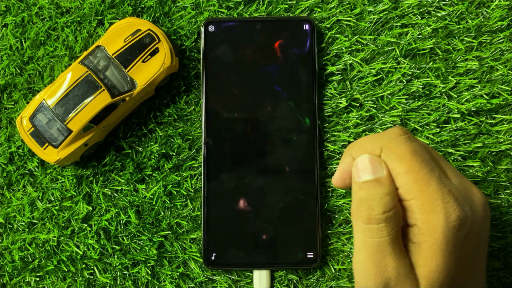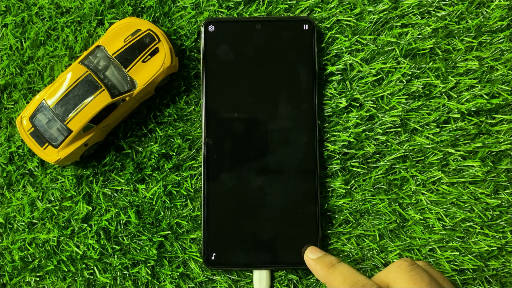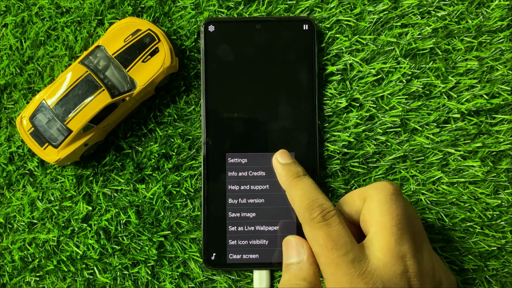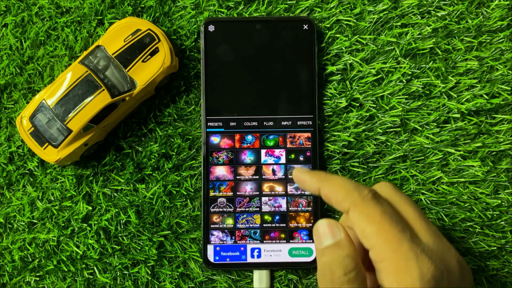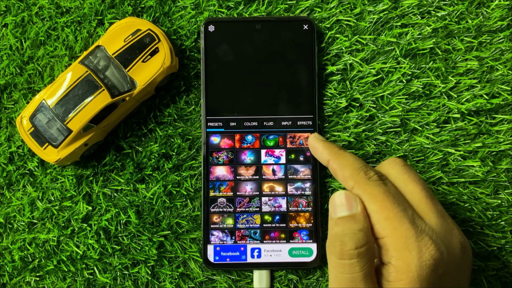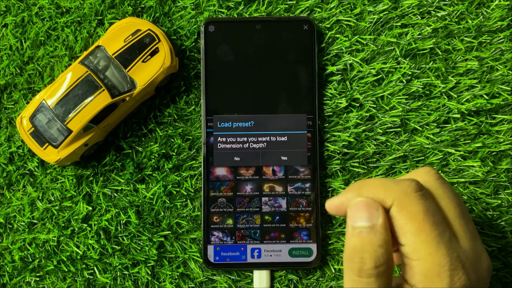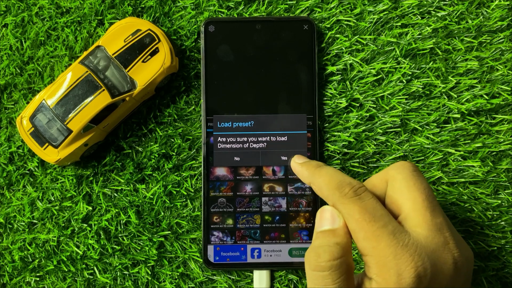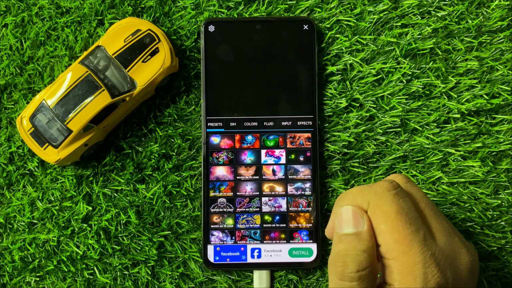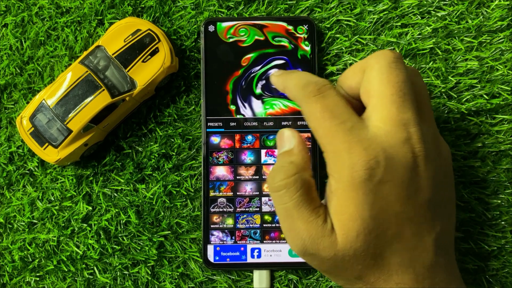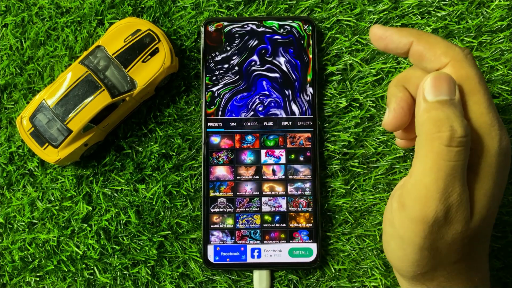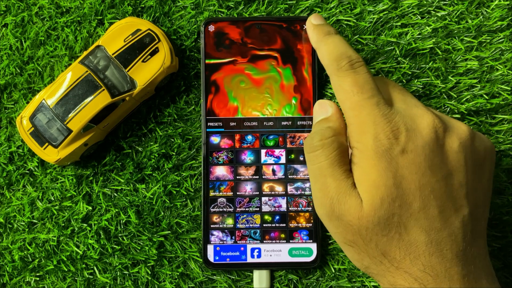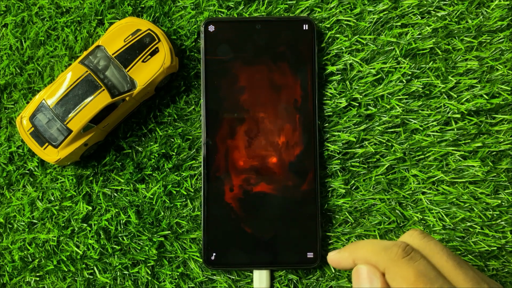Now after opening the app, click on this menu icon, and from here click on settings. Now from here you can choose the wallpaper that you want to use, and from the pop-up click on yes. Now you can test this live wallpaper, and after testing click on this cross icon,